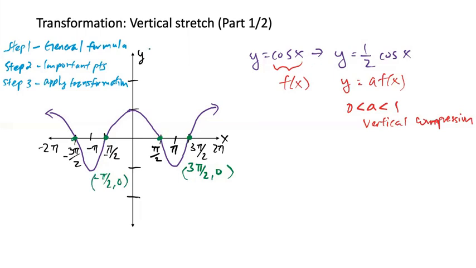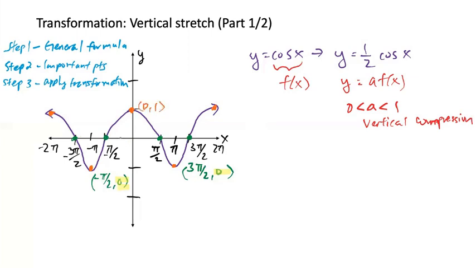If we are applying a vertical stretch, only the y coordinate matters. And in here, if I times the 0 by a half, I still get a 0. So those will be our invariant points, the ones in green. The only points that will change would be the max and mins. So the one in the middle would be at the origin, 0 and 1.